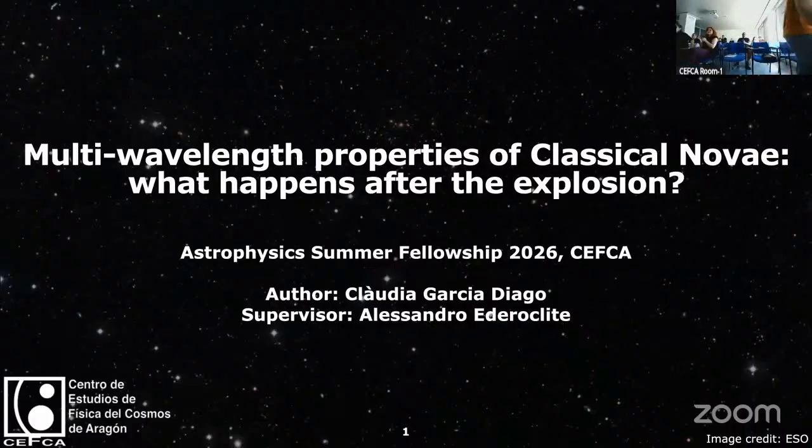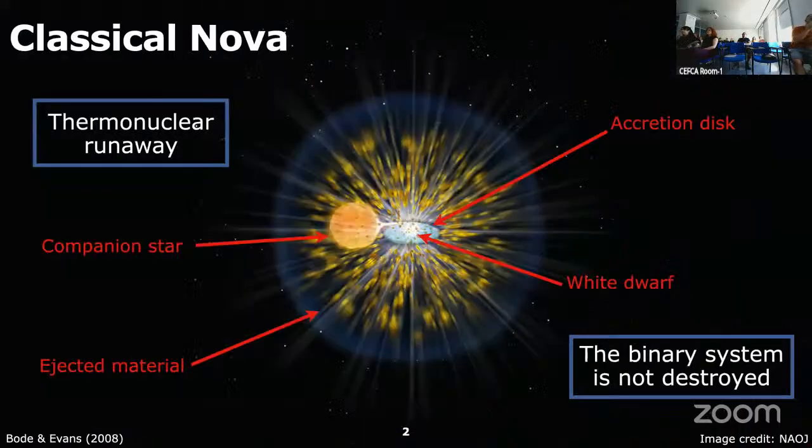Hi, I'm Clàudia, and I'm going to talk about the project I carried out these 2 months at CEFCA, and it is a multi-wavelength study of classical Novae. First, I must introduce what a classical Nova is. It is a thermonuclear runaway that happens on the surface of a white dwarf, and this white dwarf is in an interacting binary system with a companion star. What's happening is that the companion star is transferring mass to the white dwarf, and as a consequence of this,